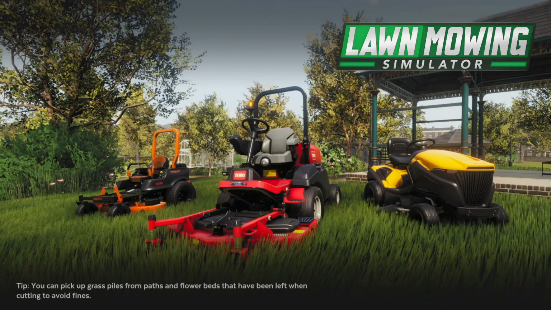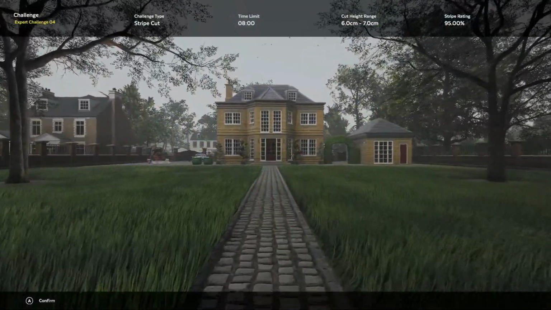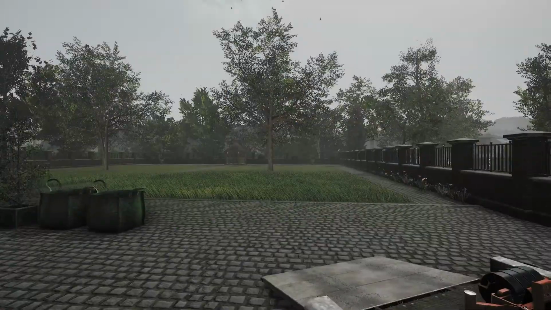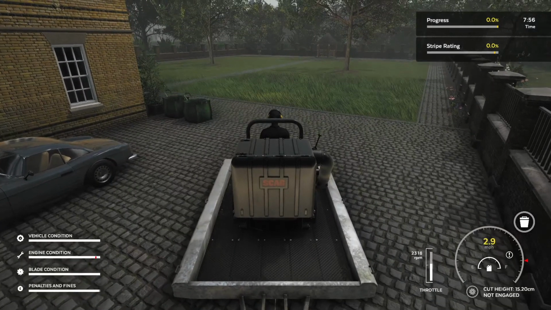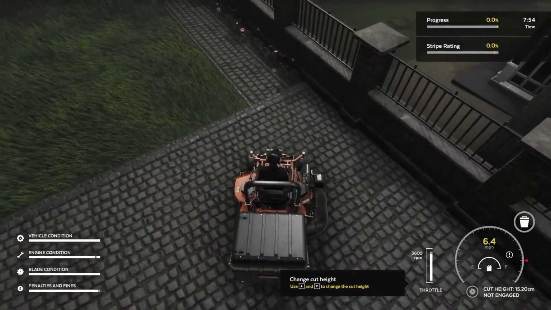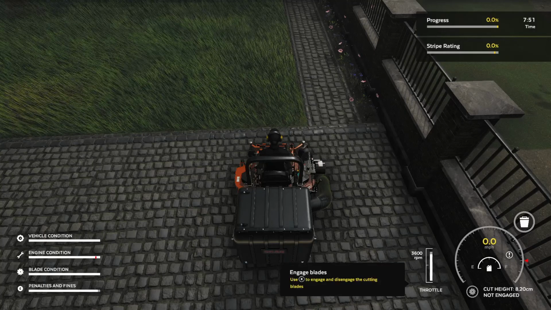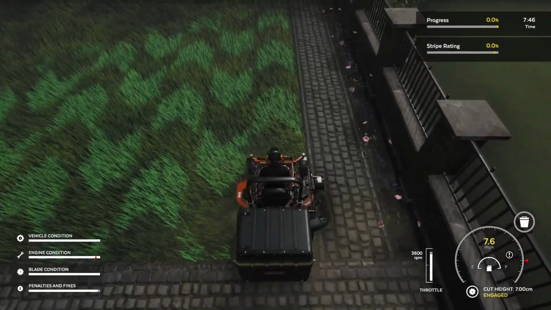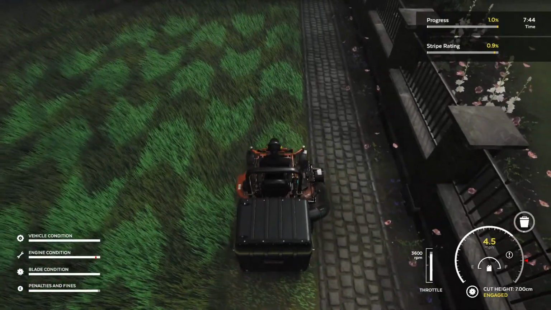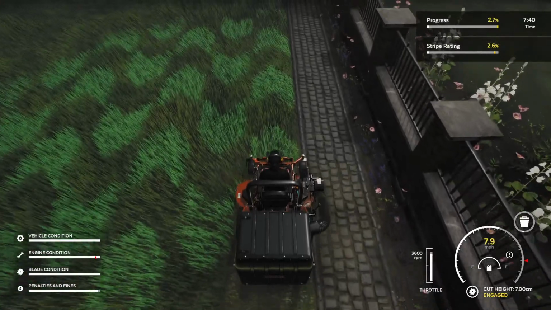We'll just jump in here and show you how to get it done. All we have are these two lawns at the front too, so there's not a lot for us to do. We're going to switch over to this mode. We're going to drop the cut height. And then we are going to just drive along. As before, just make sure you aren't overloading your engine